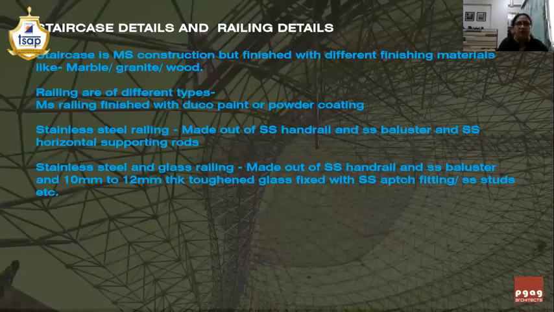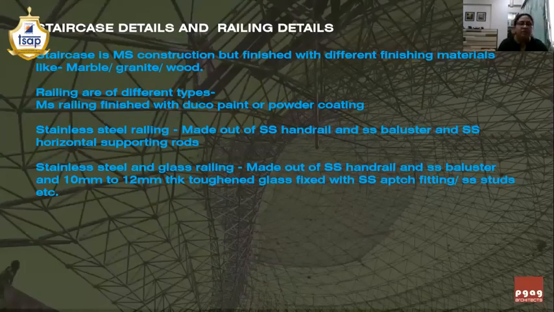The finishing can be out of marble, granite, or wood. Even if we are finishing the staircase with marble or granite, you need to clad all the MS members with plywood and a wooden framework. The thickness of the plywood and the wooden framework also needs to be mentioned.